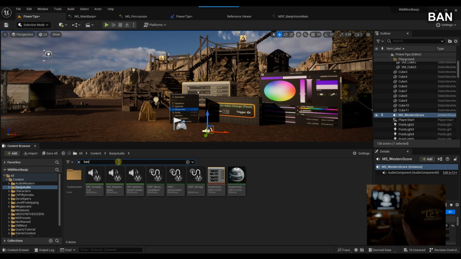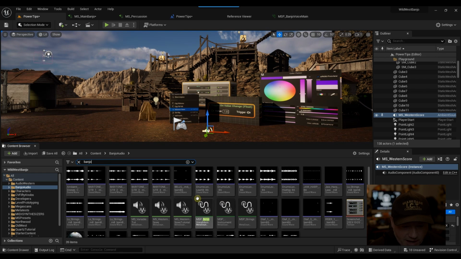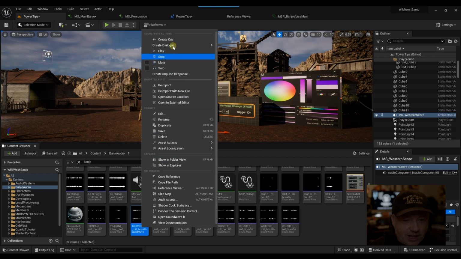Another cool feature, number 13, is show in folder view. Let's say I'm just going around here and I'm looking for something and I type banjo, and then I get everything that has the word banjo in it, and I'm like, oh, but this thing right here, I want this thing. And right now I'm just searching it based on my type. If I right click and I go to